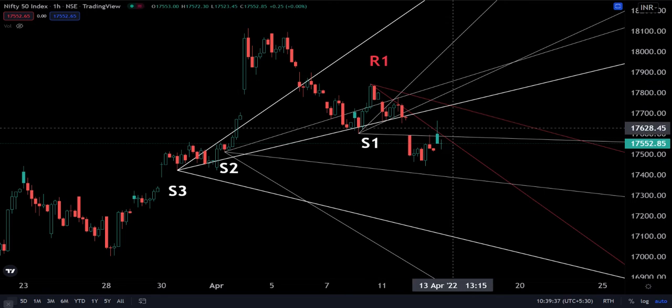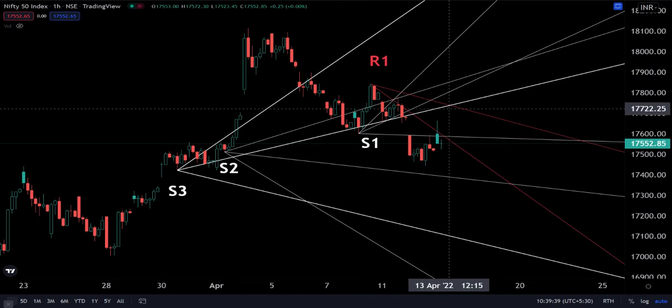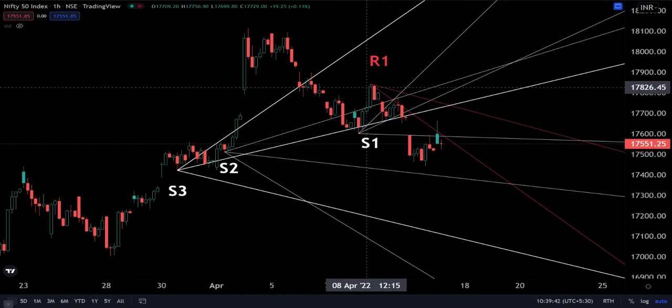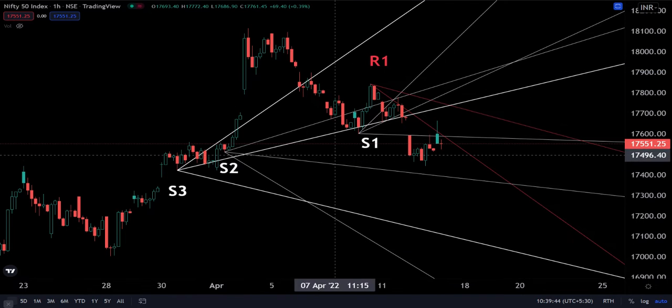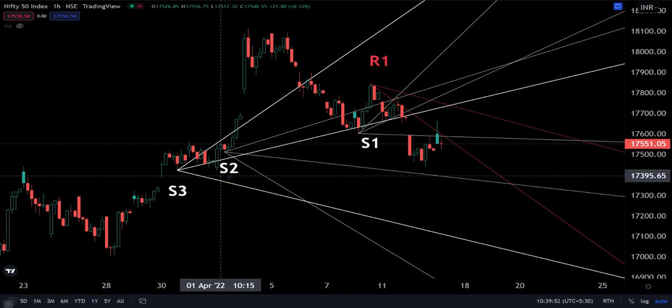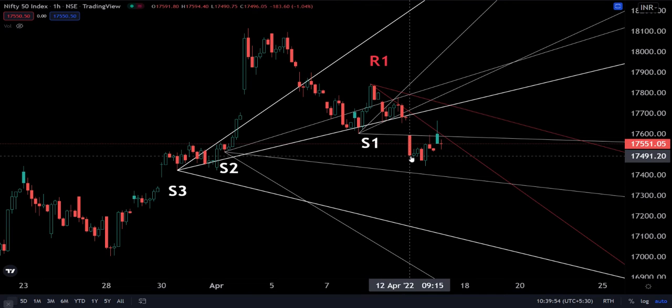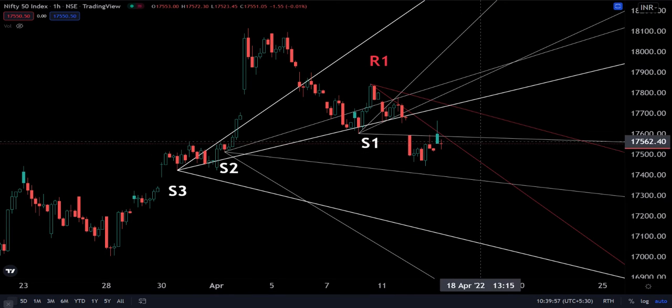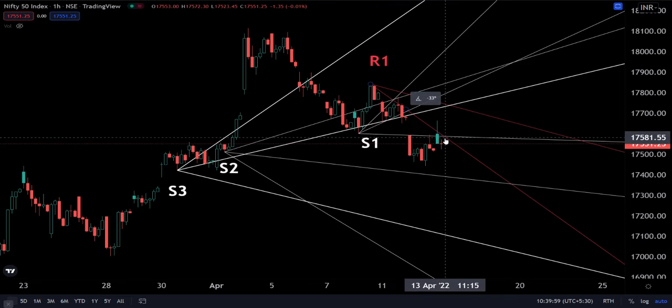We have these Gann angles. The resistances are the red lines emanating from the R1 resistance at the top here, and we have these white lines as your supports, starting from the S1, S2, S3 levels. All right, so it's very simple for today. The main resistance being 600 for Nifty,